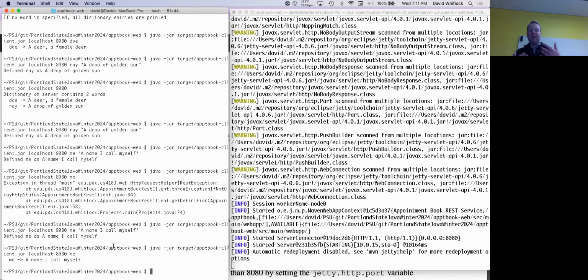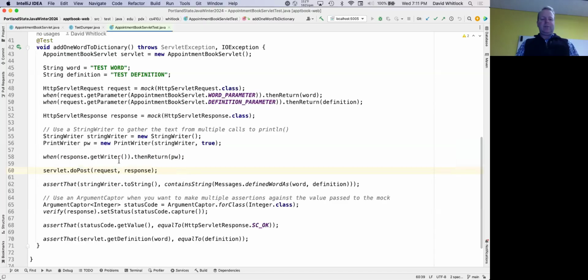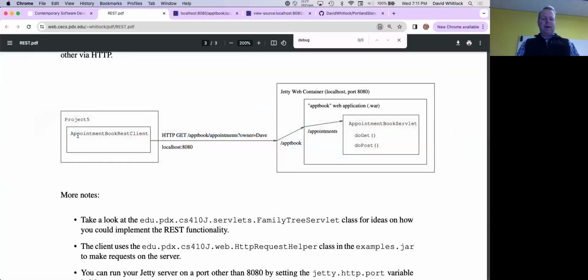So this is Java code that is interacting with the REST API. And the way it interacts is it uses an object called an AppointmentBookRestClient. So when I designed the project, my